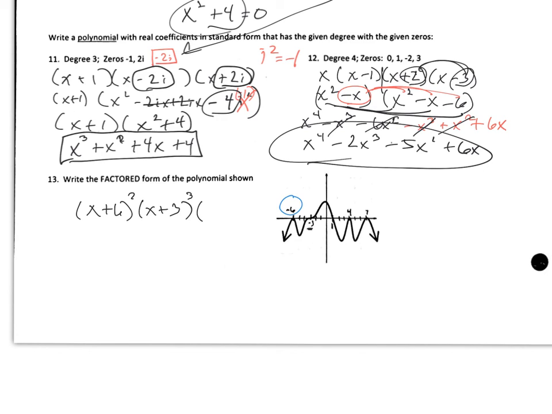Our next is a positive 1, so this is x minus 1. That looks like it just goes straight through. I'm running out of space here. Then I'm just going to keep going right on my picture. Then we have a positive 4, so that's x minus 4, and it bounces there, so that's squared. And then we have one more, x minus 7, and it bounces there, so that's also squared. So we have 1, 2, 3, 4, 5 places where it touches the axis, and we have 1, 2, 3, 4, 5